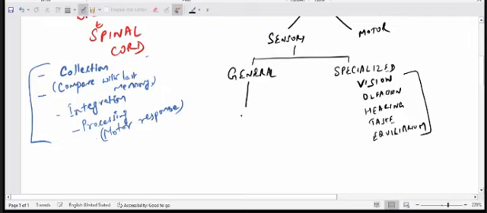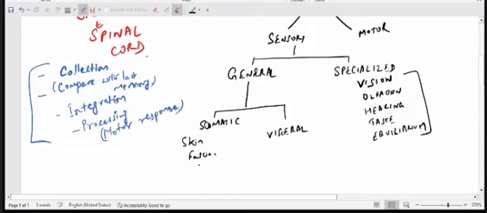Now general sensation, let us divide into two parts. First, what she was saying some time back, is somatic. And second is visceral. Okay. Somatic sensation is what? Anyone? Somatic sensation. You were saying some time back. What is it? Somatic sensations are generally felt through skin,